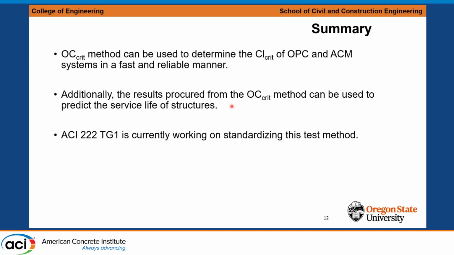the CL test values. The data from the specimens can also be used to determine the diffusion coefficient of the mortar cover. And then when you have the diffusion coefficient values and also the CL crit values, it is convenient to plug those values in and use those values to determine the time to corrosion initiation. And again, this method is still under work, and the ACI 222 task group 1 is currently working on standardizing